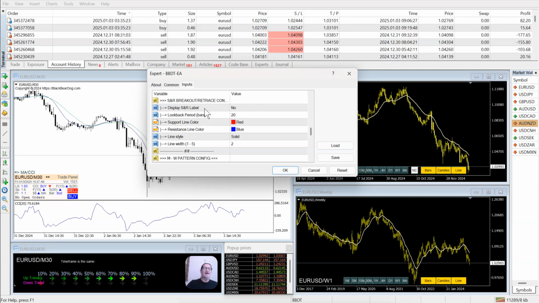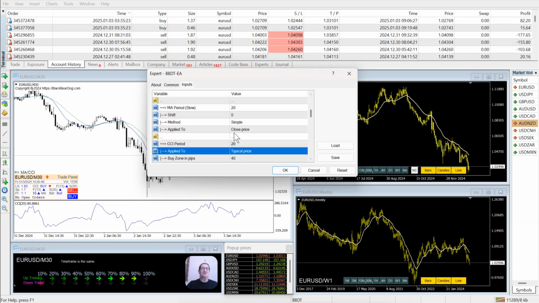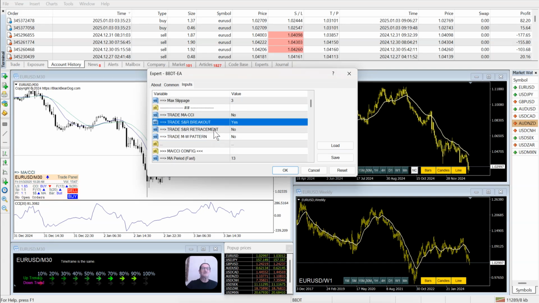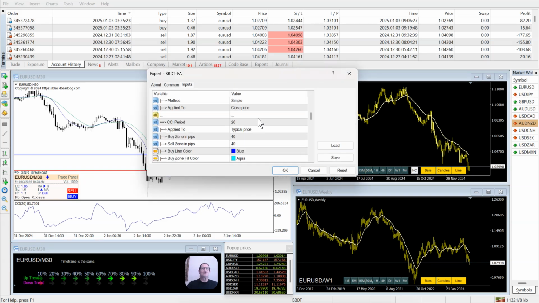If you say display SNR labels, you set that to yes, it will actually show you support and resistance labels. Let me show you what I mean with this. Let me set this to no, and I want to now do the breakout routine, set that to yes. So now if I go down to the configuration for the breakout and retracement, I set this to yes, and I click on OK. It will now, with the next tick, there you go, it'll actually show you the words resistance and support. And if I were to set this to no,